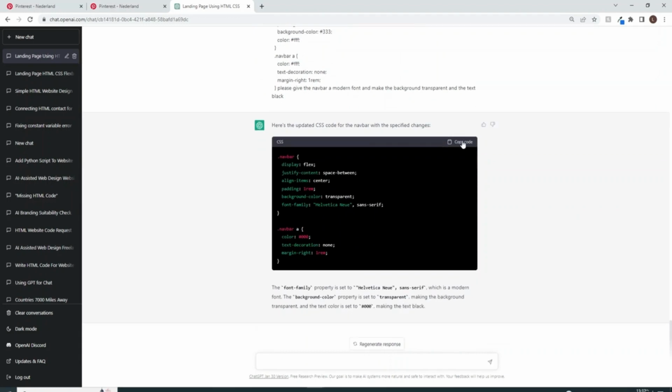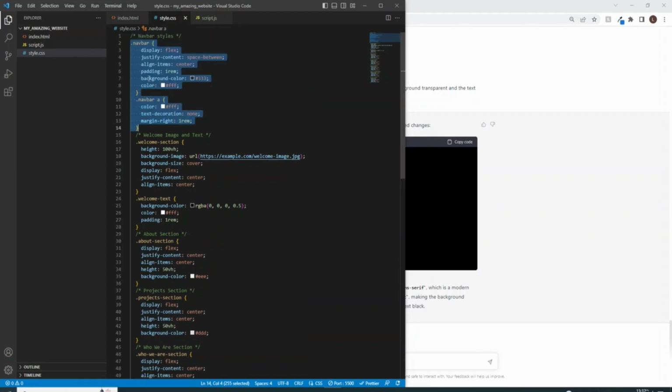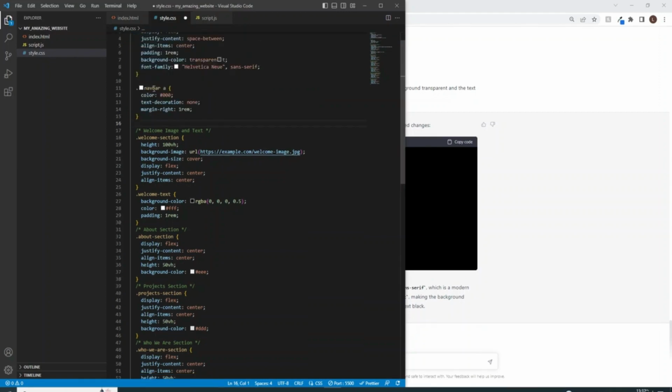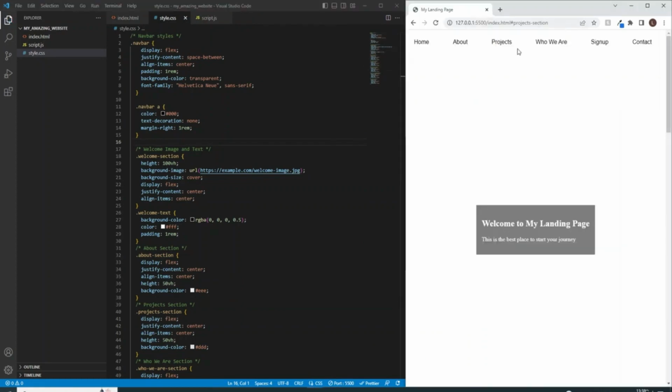And there we go. So let's copy that code and let's go to Visual Studio Code. We still have this selected, so let's just hit Ctrl V to replace it. And let's hit Ctrl S and go to our live server. So there we go, we have this transparent navbar at the top, and I actually think it would look nicer